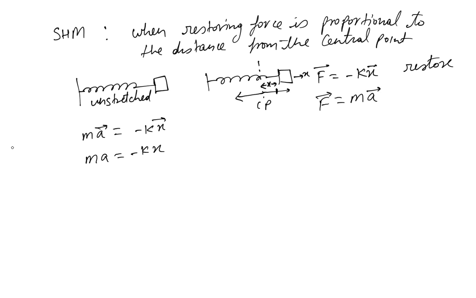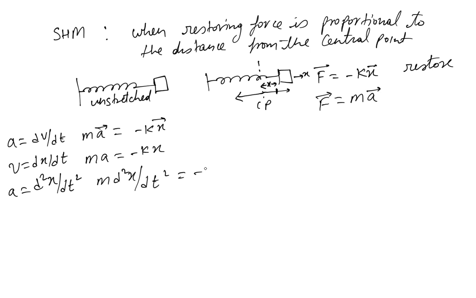And you know that a is dv over dt and v is dx over dt, and in a combined way a can be written as d square x over dt square. So you can write m d square x over dt square equals minus kx,